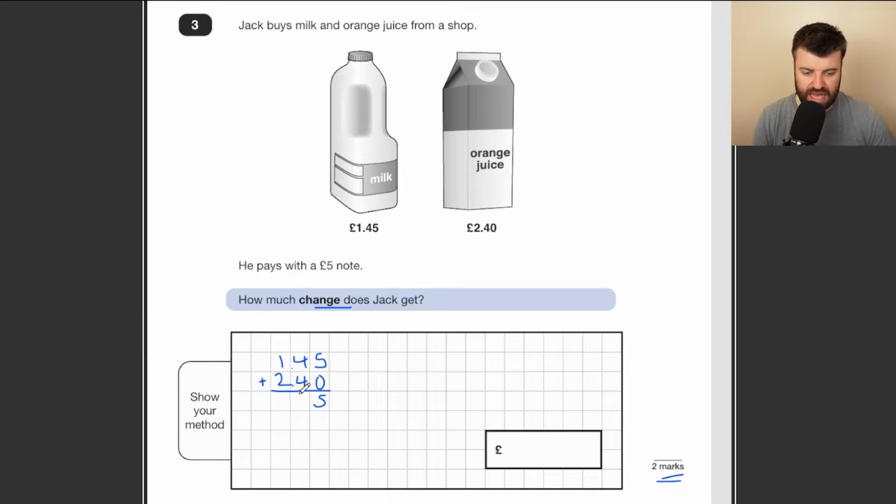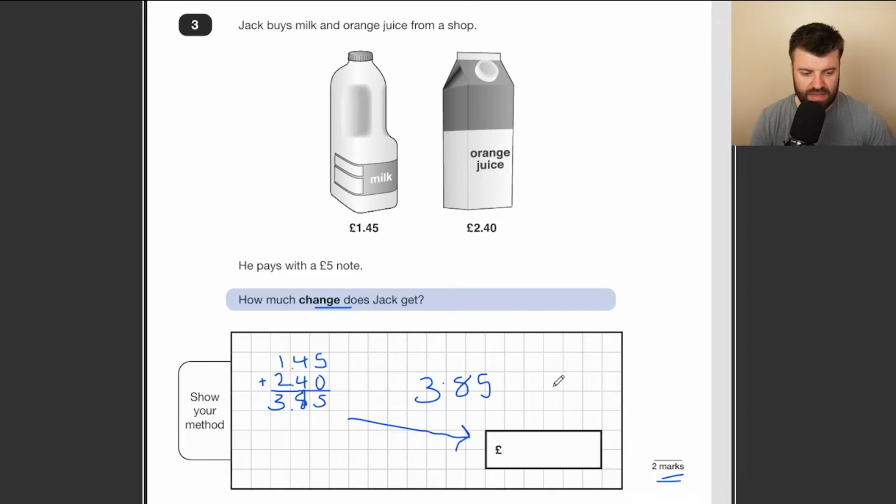5 in the 1p's, 8 in the 10p's, decimal place. 1 plus 2 is 3. £3.85. Don't put that in the box. That's not the answer. If you stop here, you will get 0 out of 2 because you've not shown full working out. Now you need to take the difference between £3.85